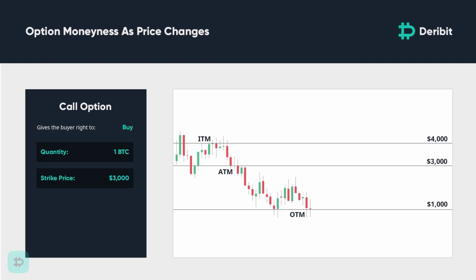It is important to remember, however, that Deribit options, while European-style options, can be bought and sold at any time prior to option expiration. So an option buyer who purchased out of the money options, which are now in the money, can take profit as desired without having to wait for expiration.